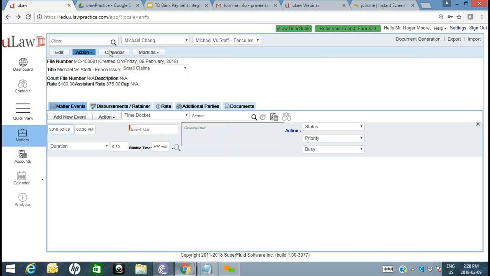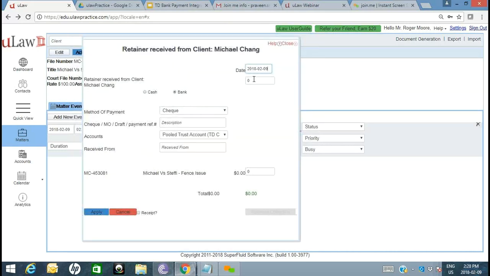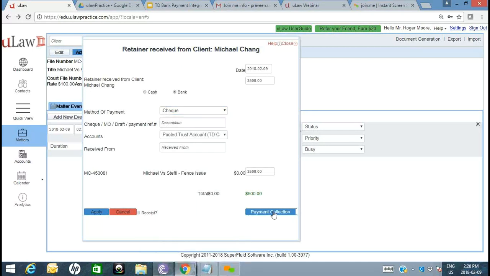Okay. So let's say the first step, once you send a retainer letter, so it's a $500 retainer, let's go ahead and deposit that new retainer into trust. So I'm going to say $500. Now, as you can see, there are quite a few methods of payment that you can record for how your client, Michael Chang, paid that $500. But if you notice down here, we have a button called Collect Payment or Payment Collection. Now, if Michael Chang paid you a check, obviously you're going to put the check number, right? You're just going to say it's a check number, and you're going to accept that payment. But we're going to be using